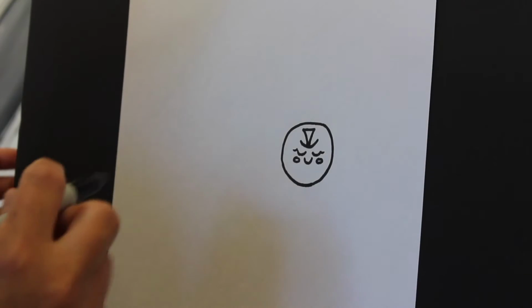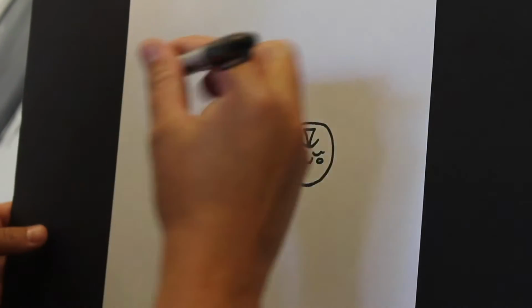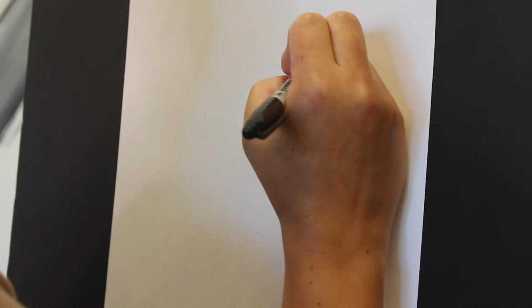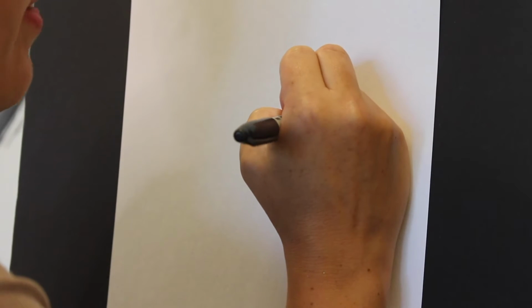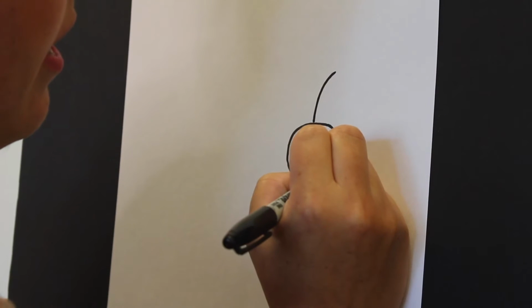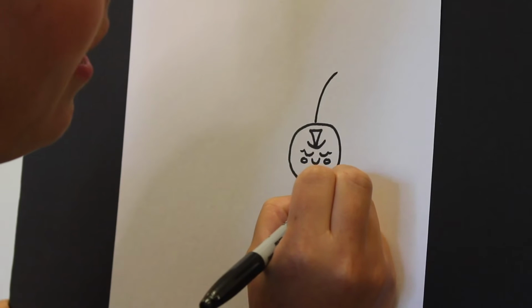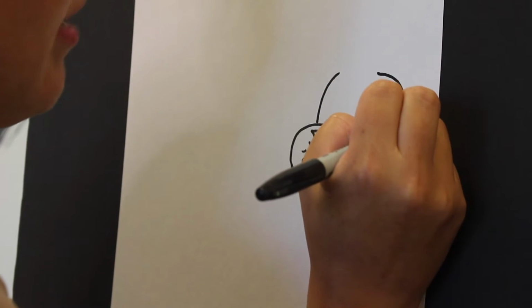What we're gonna do is draw our little cabbage in behind our apple, and it's going to be a circle shape as well, but if you picture a cabbage, it's gonna be larger than our apple. So I'm gonna start by drawing a curved line that's going to disappear in behind my apple. I'm gonna hop, and then I stop my line, and then I'm gonna redraw my line on the other side. And then I'm gonna start up at the top again, and I'm going to just try to mimic that same shape